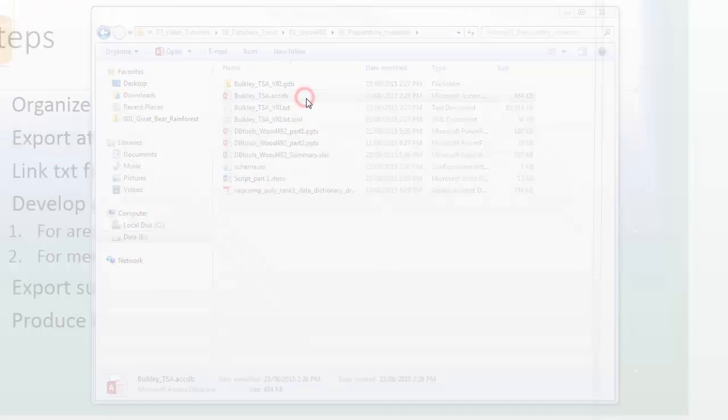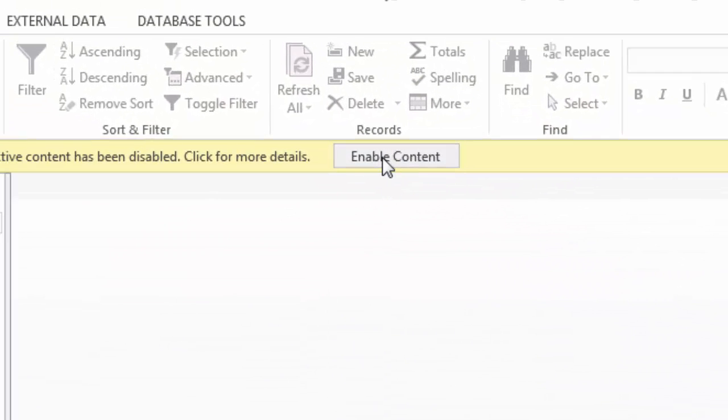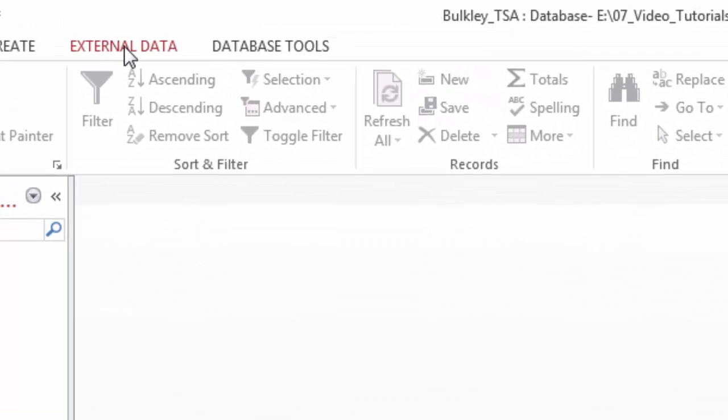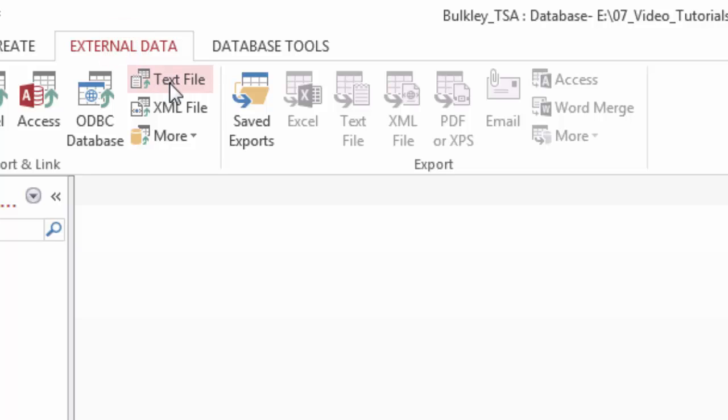And double-click on it to open the Access database. Make sure you click on this Enable Content button to avoid other security warnings. And now let's link the text file to this database. To do this, I go to the External Data menu, select Text File,